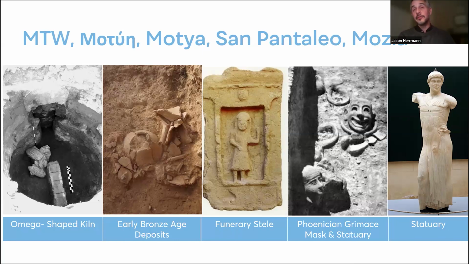Motya was one of their settlements that was probably first occupied in the latter part of the 8th century BCE. And the people who stayed there and their descendants who went on to live in the city maintained some traditions that came from the Levant. Some of them appeared in industrial installations, like the types of kilns they used. Some of them appeared in their religious practices, communicated through stelae, communicated through these sculptures that decorated their burials and